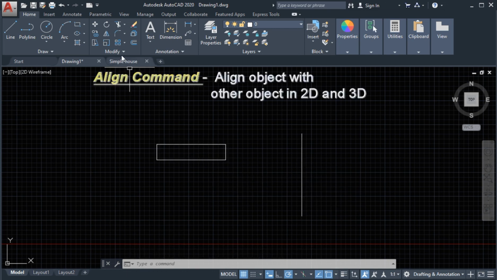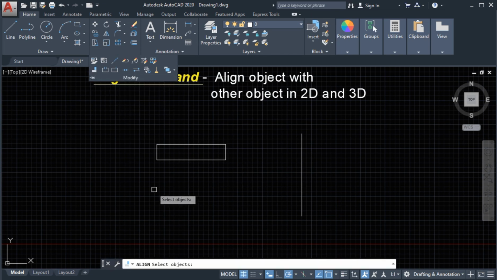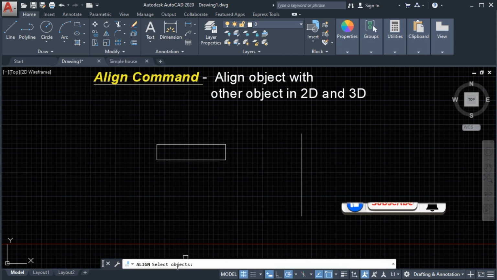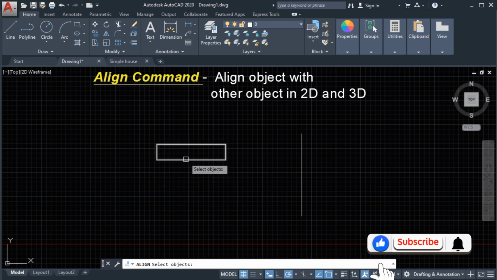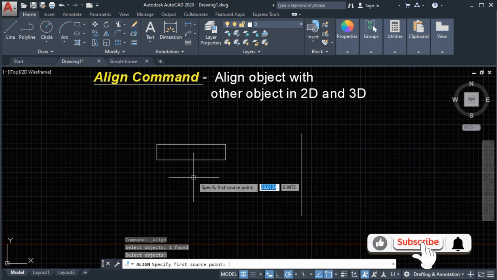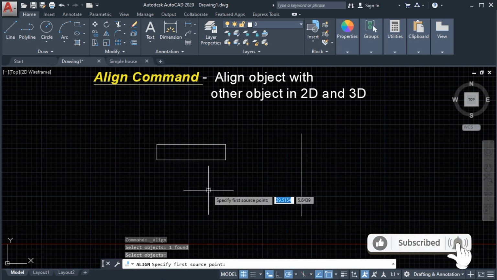We'll select the align command in the modify panel, and then it says here, select the object. So we'll select this object, enter, and now specify the first source point.